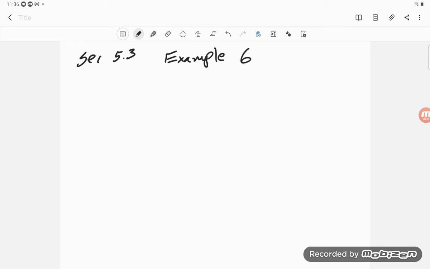So they led up to that with just the idea that if I have a function, and they're saying g prime of x, so again that